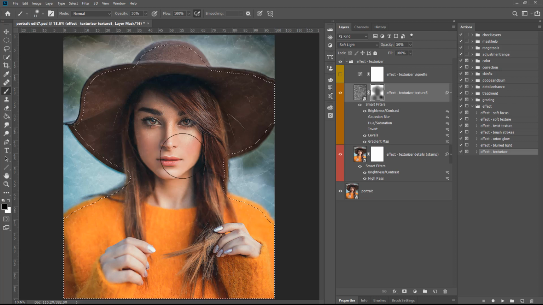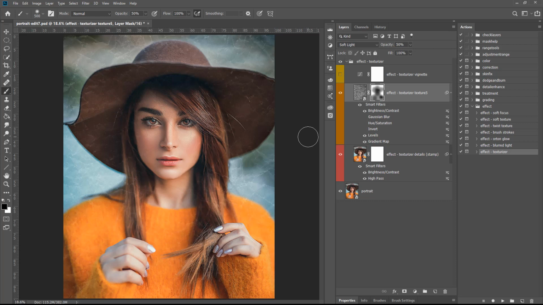And then I'm going to make this brush even smaller, and I'm going to go just over her eyes and her eyebrows, like the bridge of her nose down onto her lips, to make sure there's no texture applied to those, and then get this eye as well, and maybe even this little lock of hair that's coming there. Okay, to make sure it removes the texture from those. Okay, so I've got the mask selected, and I want to make a little bit tighter mask,